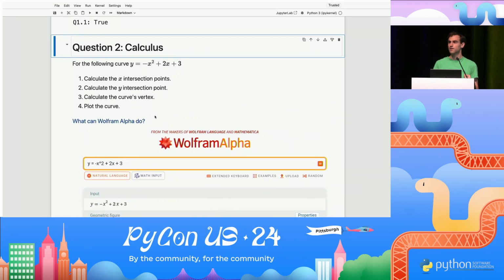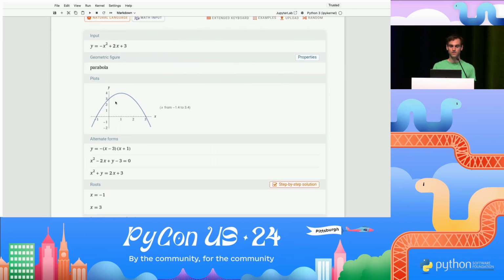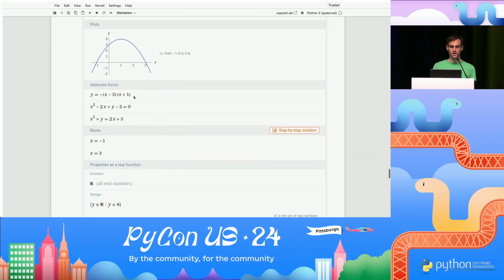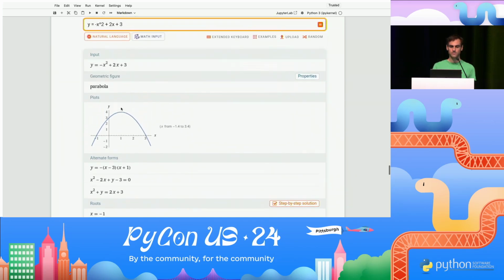What can Wolfram Alpha do? Well, if we put it in, we'll see that it actually plots the curve for us. It tells us what the roots are, the x intersection points. And then it also plots it out. It tells us where the maximum value is, and that's where y is equal to 4. And finally,